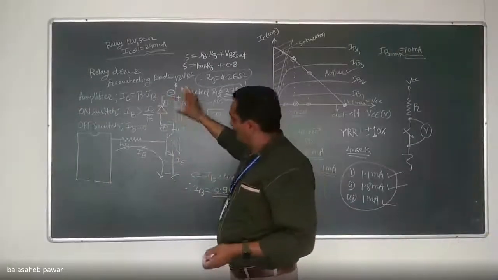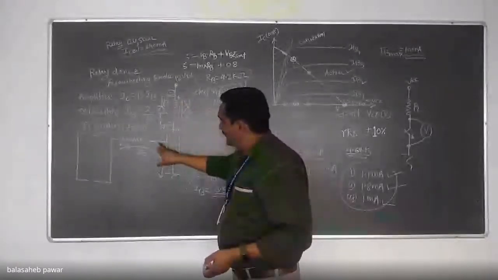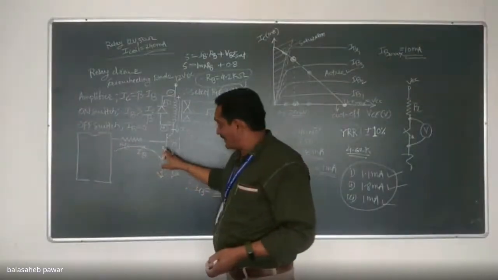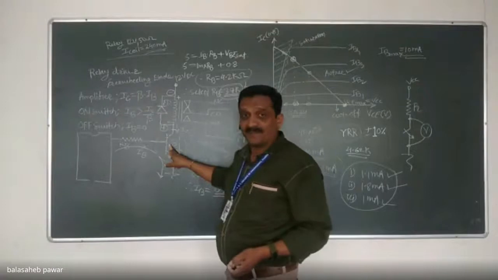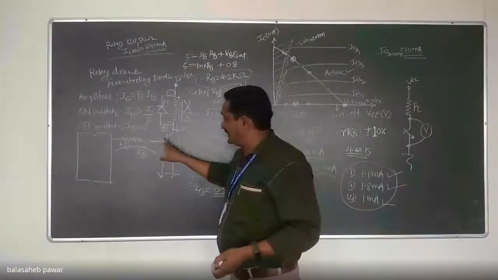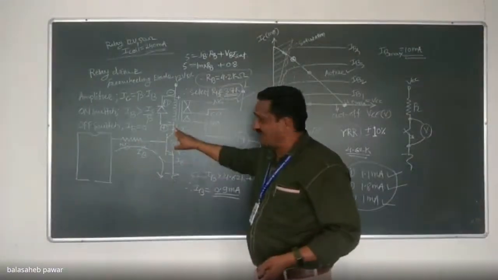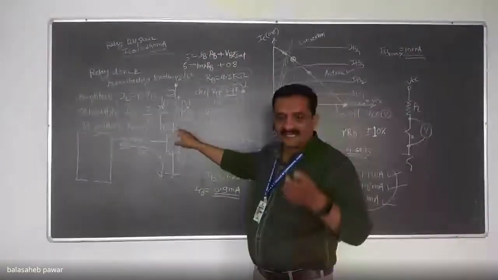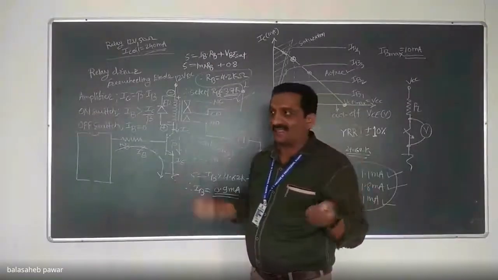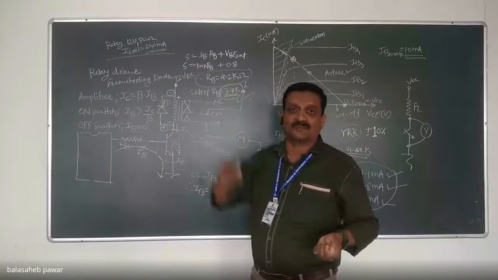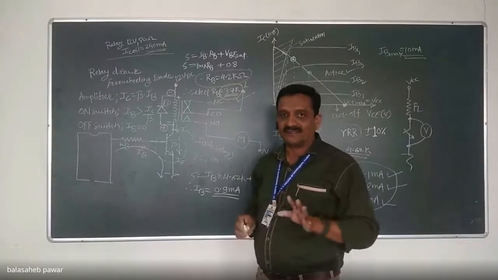You will observe the base terminal of the transistor will be at zero potential. That's why the transistor gets turned off. The base terminal is P type. It is an NPN transistor. Base is P type, while collector is N type. So that P region will be at zero potential and the N region will be at very high positive potential. Got it?